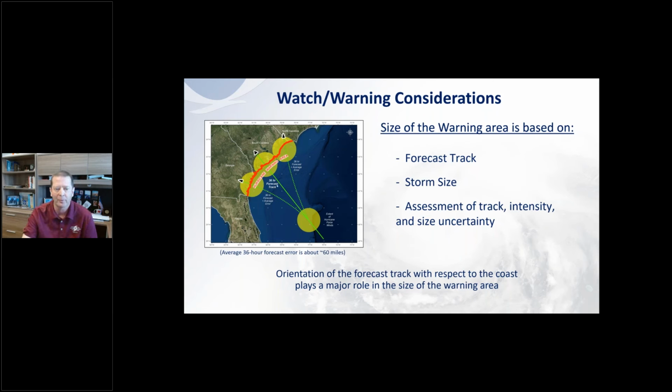Again, accounting for that uncertainty and making sure that folks that need to take preparations understand their risk and are able to do so. Orientation with the coast does play a major role. So a storm that's moving more perpendicular to the coast, perhaps a little bit smaller warning area versus something that's more paralleling the coast. Again, a storm that's coming, say, up the Florida Peninsula from the south all the way to the north would